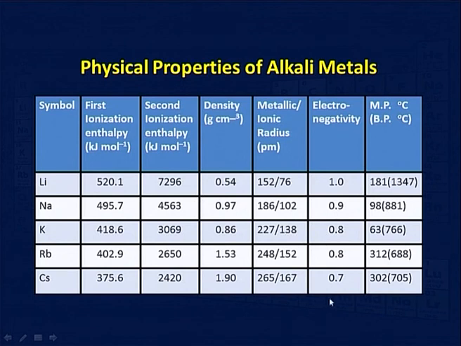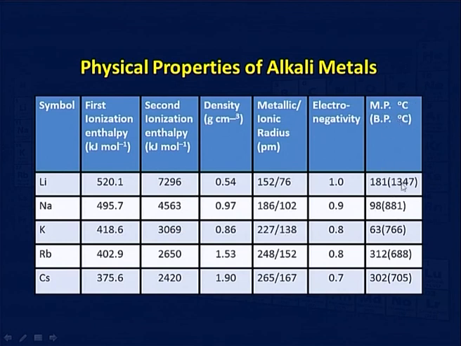Electronegativity, you can see that cesium is the least electronegative element in the entire table. You can see that it is 0.7, 0.8, 0.8. And what is electronegativity? Electronegativity is basically the ability to attract the shared pair of electrons towards itself. So, you can see that electronegativity decreases down the group. Electronegativity is entirely opposite to electropositivity. So, what I am trying to tell you is, if electronegativity decreases, the electropositivity will increase and the formation of plus ion will become more and more easier.